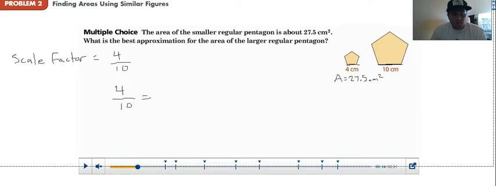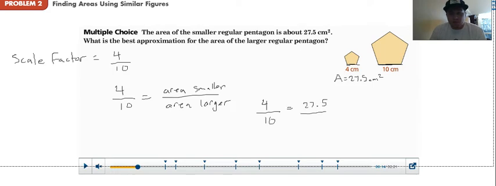I'm going to set this equal to, well, if I know the area of the smaller pentagon, and again I put the smaller one on top, I'm going to set this up as a ratio of the area over the larger pentagon. And that's what I have right there. I was given what the area for the smaller one was, and so we know that this is going to be